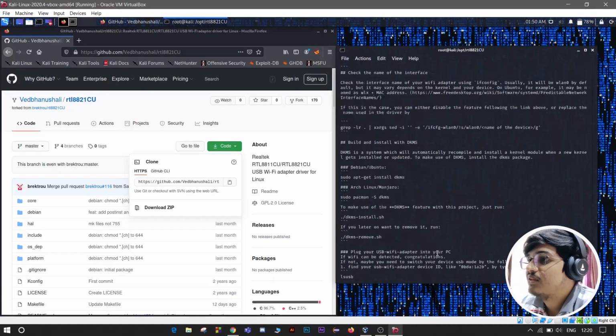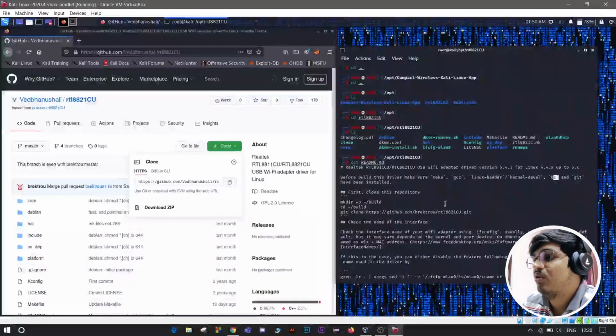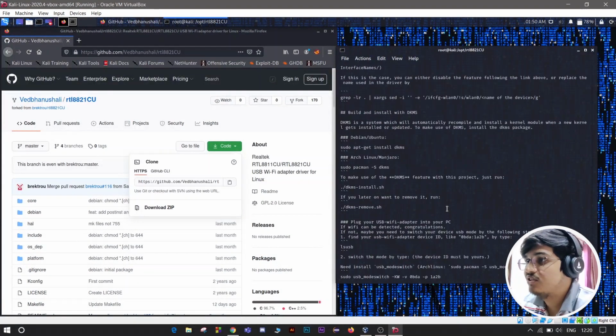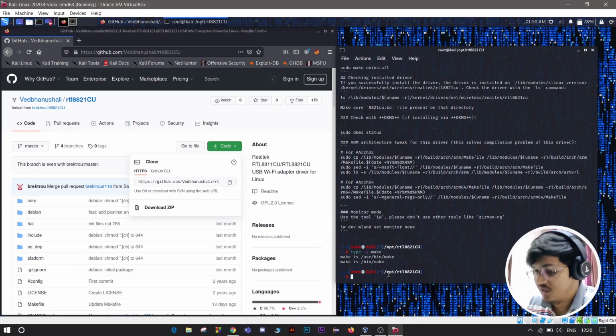so here are some instructions we need to perform first. First, we need to make sure that we have make, GCC, BC, and git installed. If it is already installed, then you have to check whether it is installed or not. So you have to do this. First I'll check make, yes it is installed.